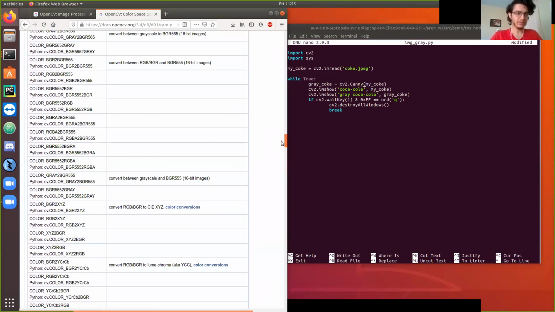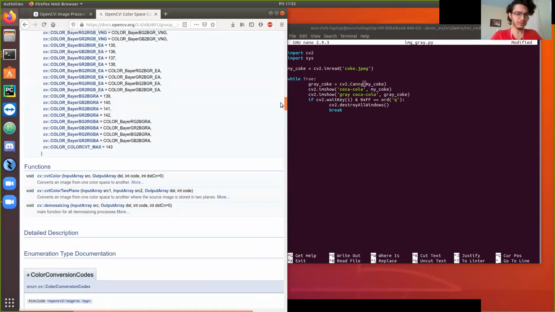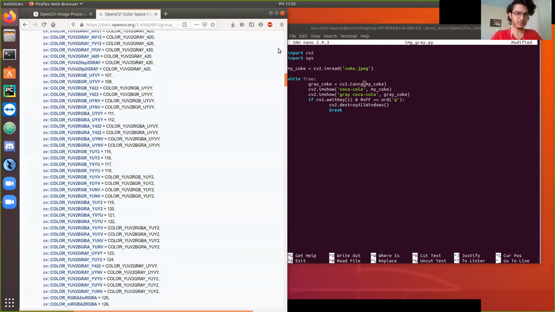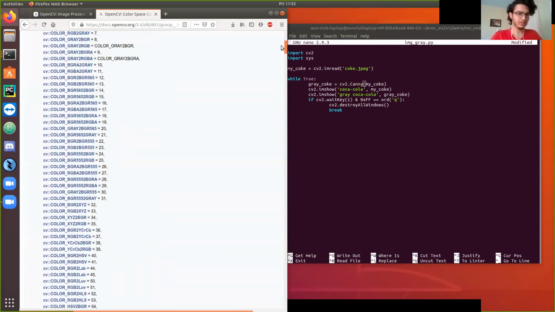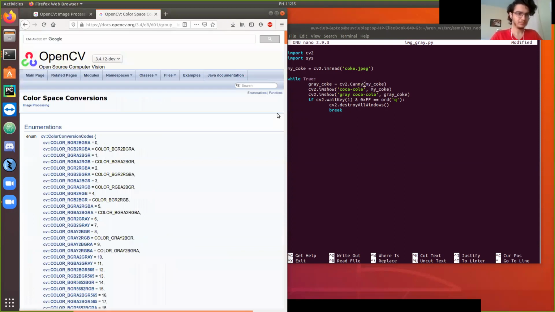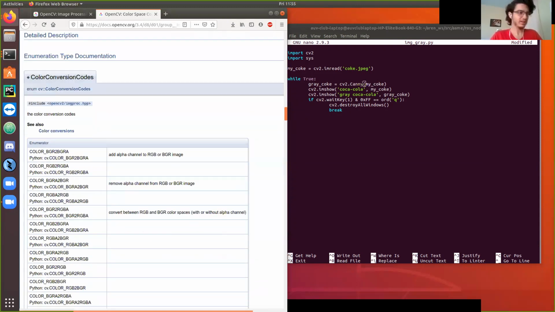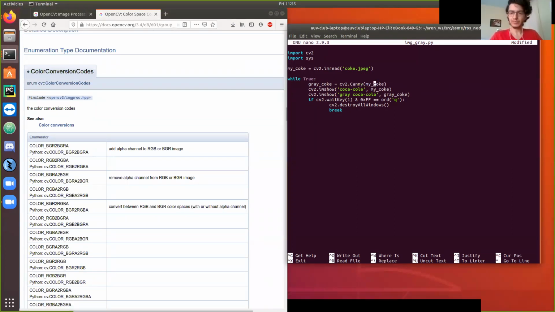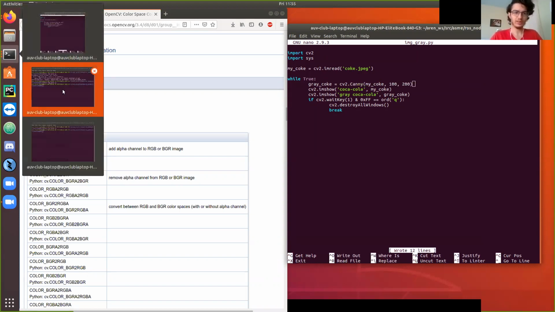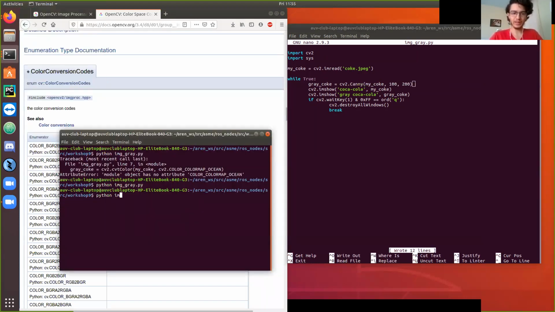If I grab this and go all the way up here, that's color conversion. All right, anyway, I'm just going to ignore the side on the left. We have cv2.Canny, and basically what you give it is your image, and then you give it a certain threshold. And if I save this and I come over here and run it again,